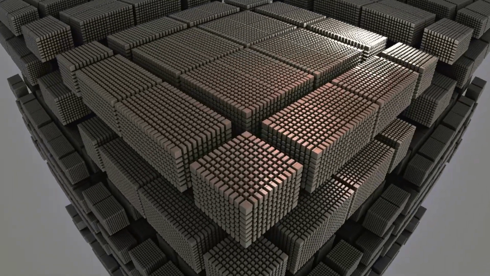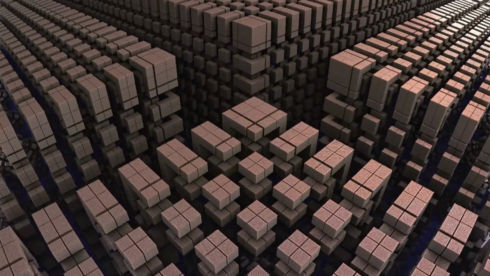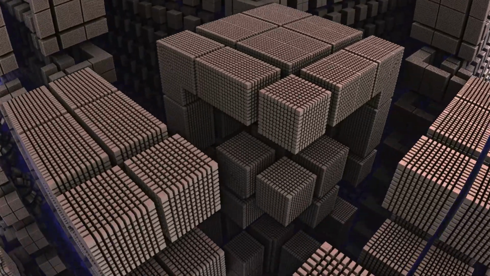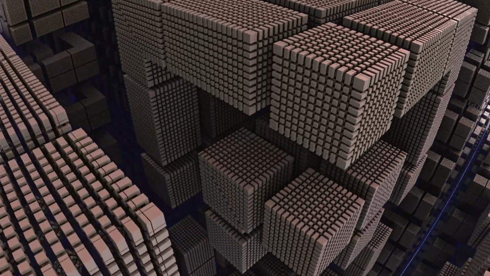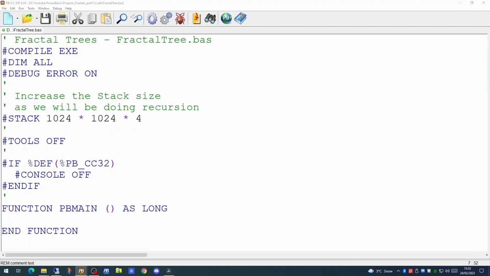While the world of fractals can deliver stunning visuals, the code behind these images can seem daunting. What we will do today is build simple code with recursion as an introduction to the topic. The application we're going to create today will be able to be run in either the PowerBasic console or Windows compilers. This is because we're going to be using a graphics window.